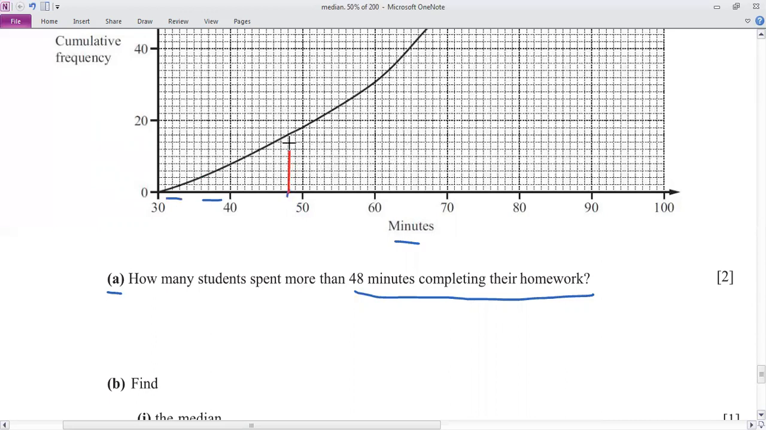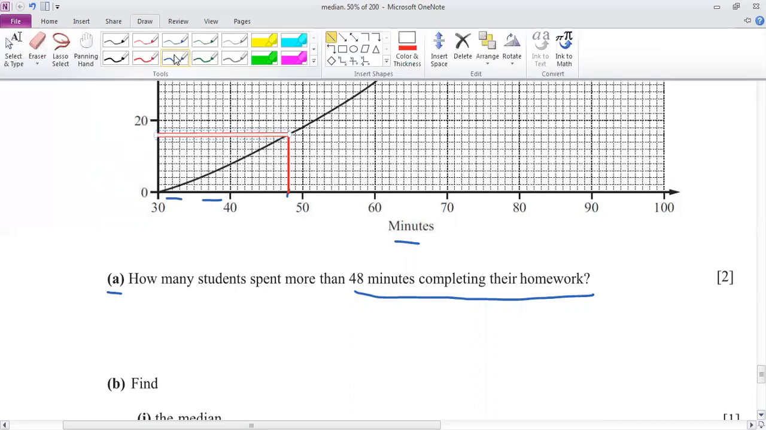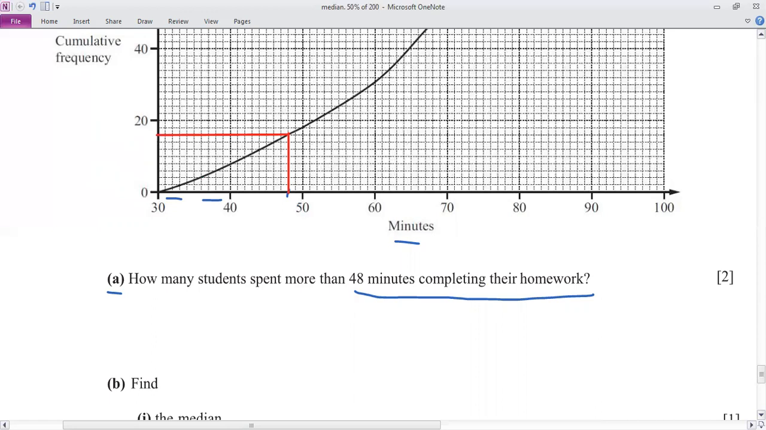Okay. Draw the line from 48. Where you touch the curve, go to the other side. How much is this one? Check each box first: 1, 2, 3, 4, 5, 6, 7, 8, 9, 10. 10 boxes are making 20. It means each box is 2. So this is going to be 16. So it means there are 16 students